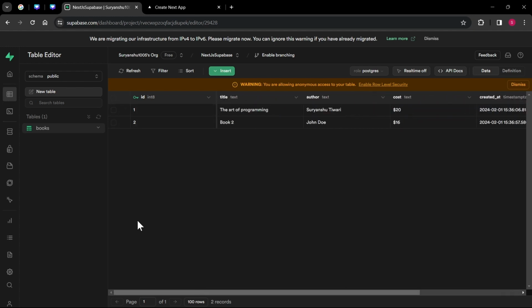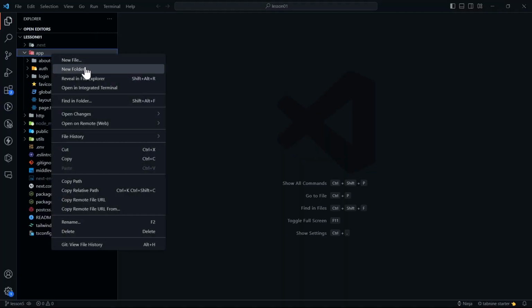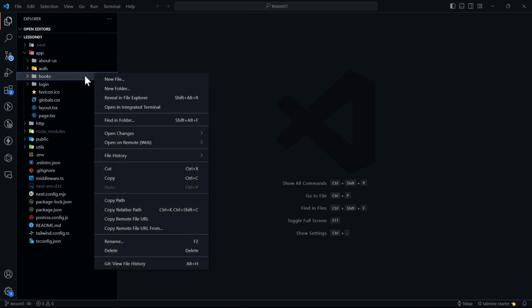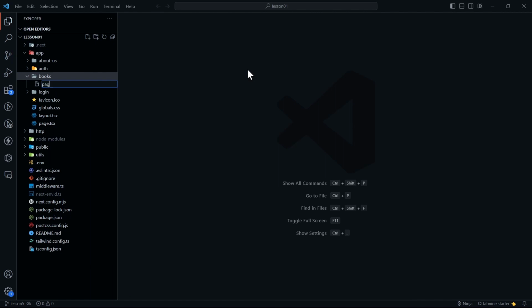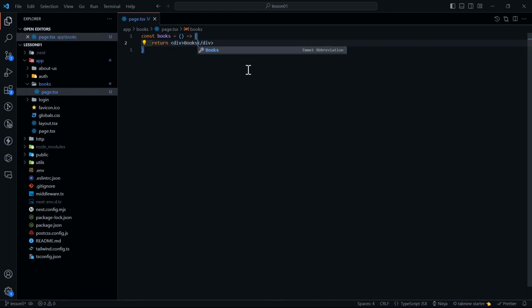So what I'm going to do now is hop on to my VS Code, and let's check out how we can implement the API to get our books. I'm going to create a new path for it, and I will be naming it books. Inside books, I'm going to create a new file. I'm going to name it page.tsx, and here I'm going to make it const Books. It's an arrow function, so we're going to make it like this, and we are going to return a div. Inside the div we are going to write Books,